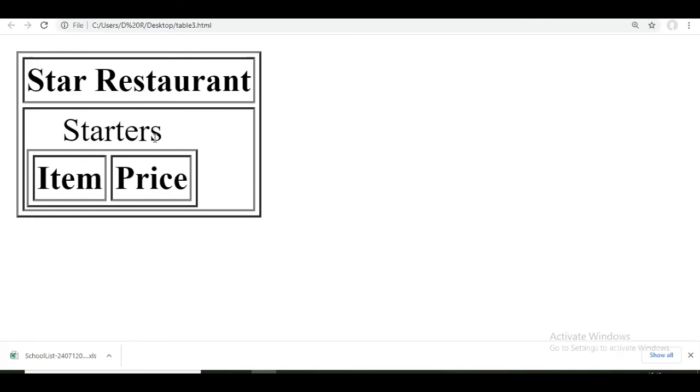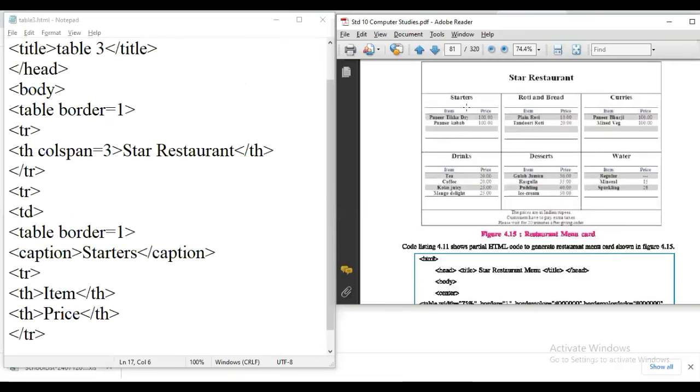But when we insert another TD, at that time we will get this in that format. So actually, this Star Restaurant we have given the heading, and this first column only we have created. So first row, that is item and price we have written.